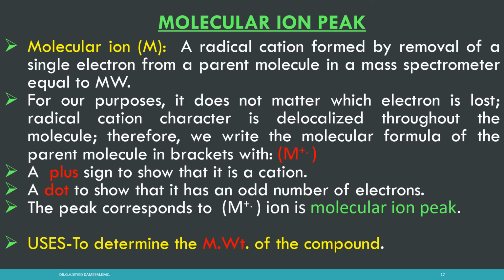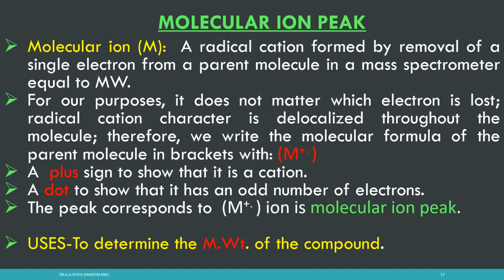It is a radical cation. The peak corresponding to this ion is called the molecular ion peak. About 30% of organic compounds cannot give a molecular ion peak, because after formation of the molecular ion, the molecular ion is completely fragmented into smaller ions, daughter ions. So about 30% of organic compounds cannot give a molecular ion, and usually the molecular ion has the highest